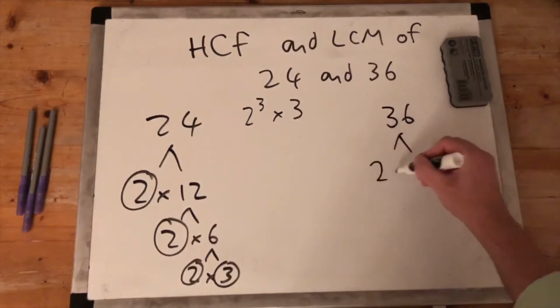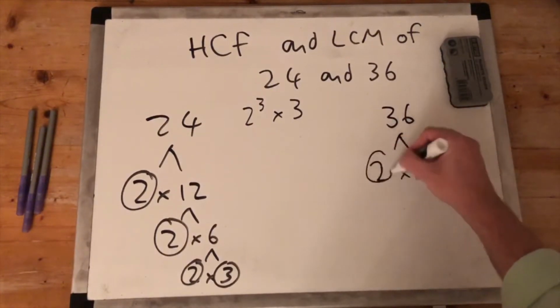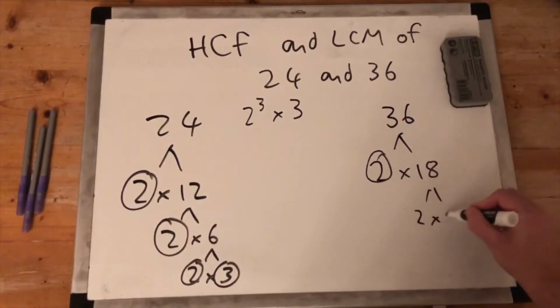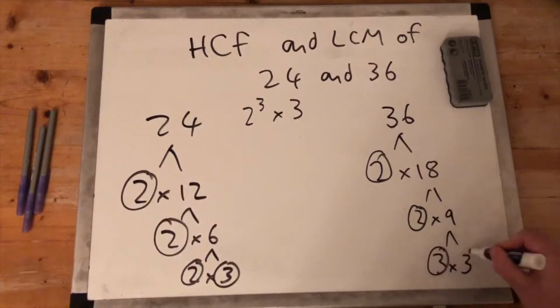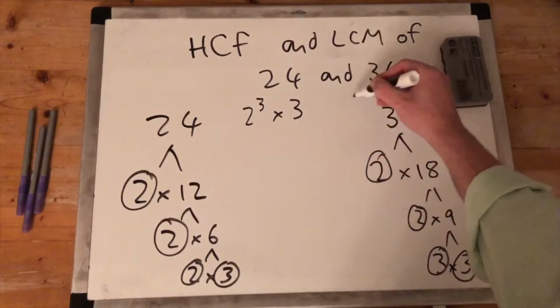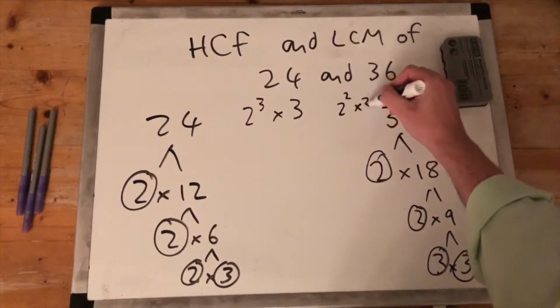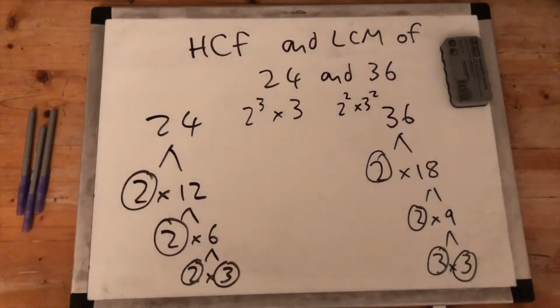36, well 2 times 18, circle the 2 because it's prime. 2 times 9, circle the 2 because it's prime. And then 3 times 3. So 36 is 2 squared times 3 squared. The way that we do it now is